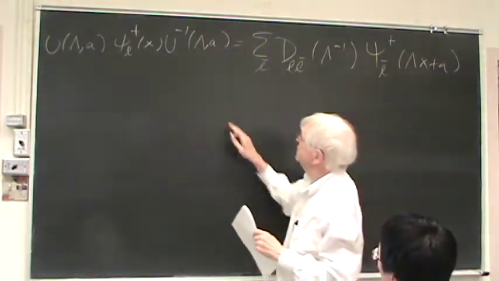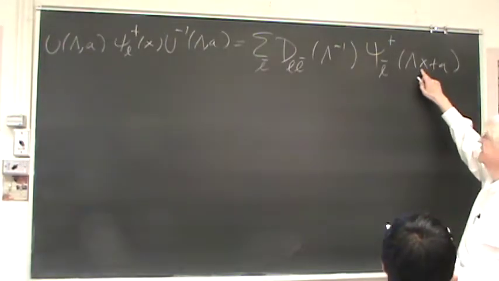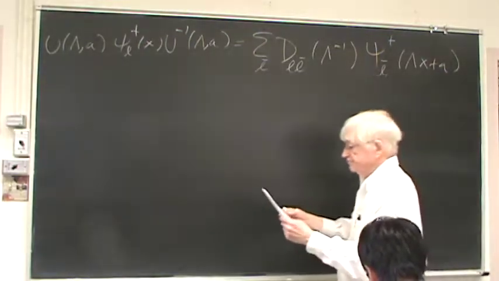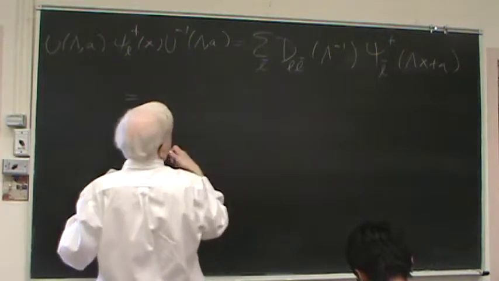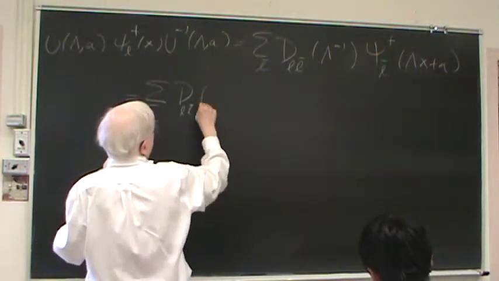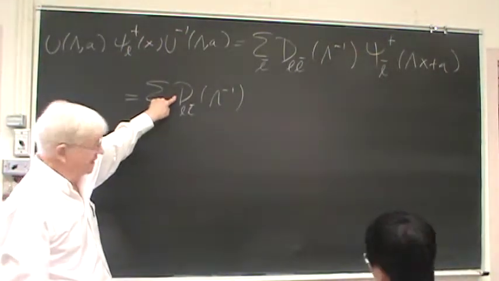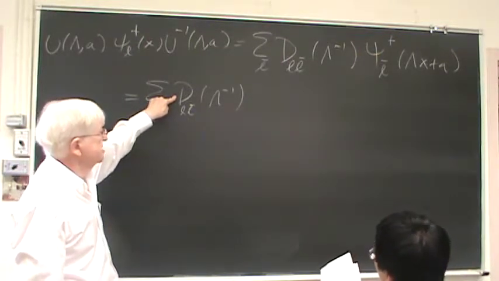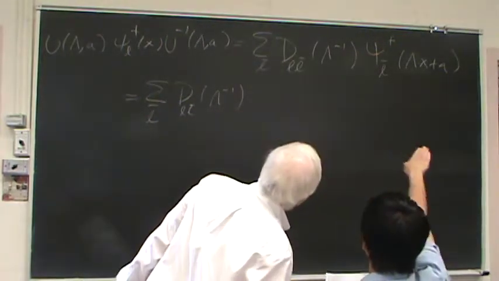So the idea is we first do a Lorentz transformation that takes psi of x into psi of lambda x. Then we do a translation by A. And now this is then a sum on L bar, D^L bar of lambda inverse. So these are square matrices, but not necessarily unitary, because this is a Lorentz transformation question. I guess this is the target we want, right?